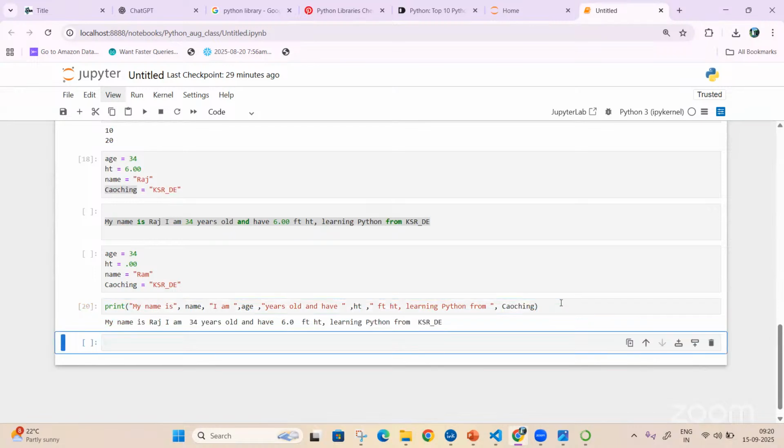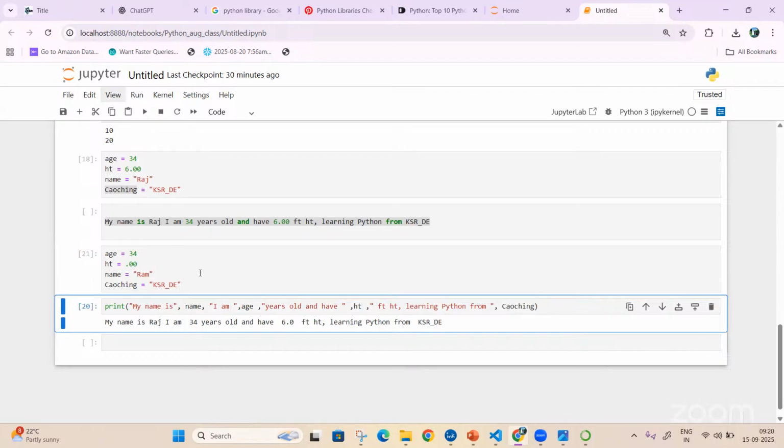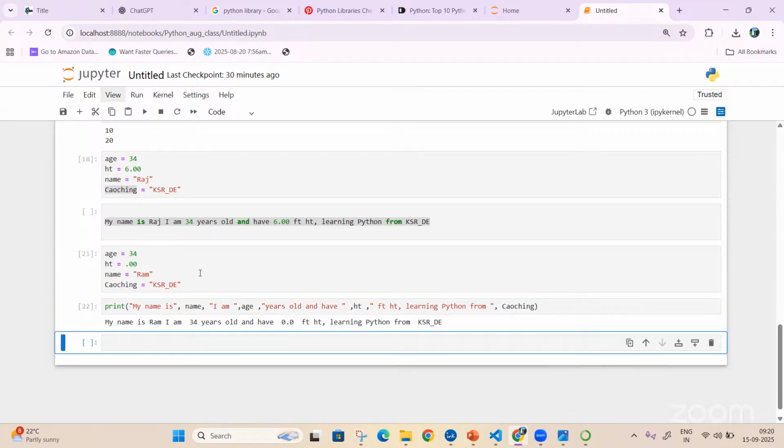If I run this, what am I getting? Whatever you have passed through the variables has been assigned. For example, if I change my variable and execute again, my data changes. In this way, you can use variables dynamically in your Python programming. If you want to execute, you can change those values and run again.